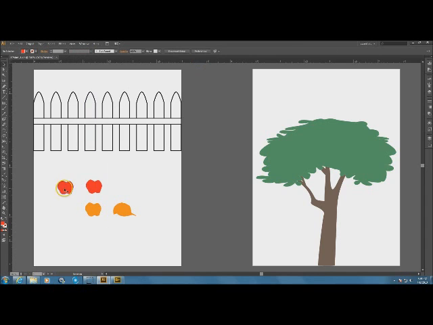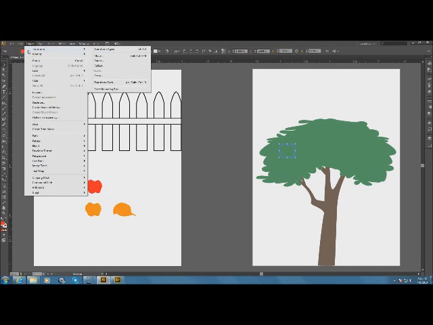Okay, let's click on our apple and drag our apple to the tree. But notice that it hides behind the tree. So be careful. Do not off-click your apple. This is similar to layers, as the apple was created before the tree and the tree lays on top of the apple. With the apple still selected, click Object on the menu bar